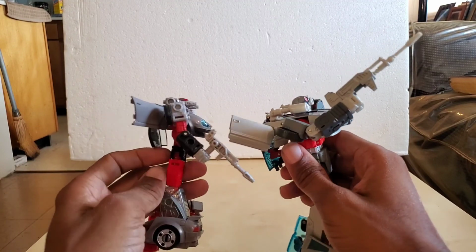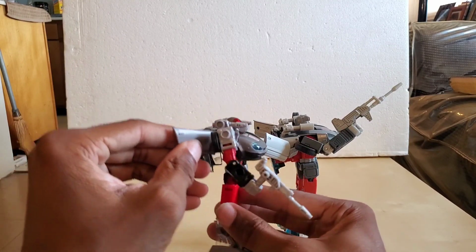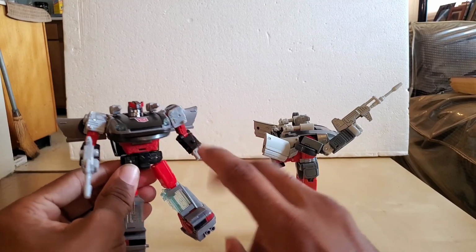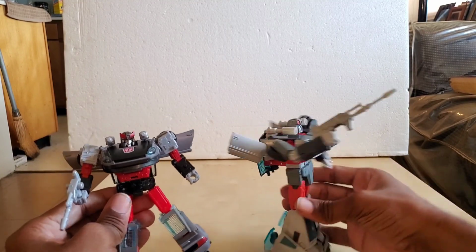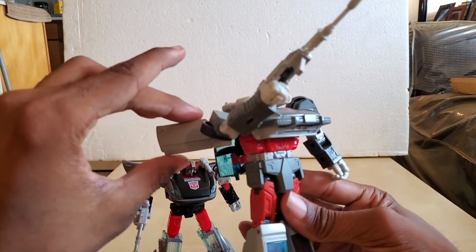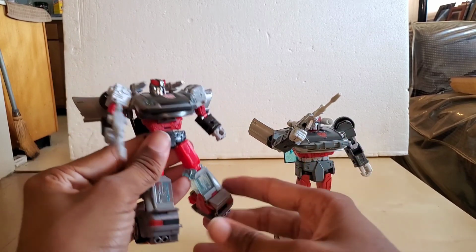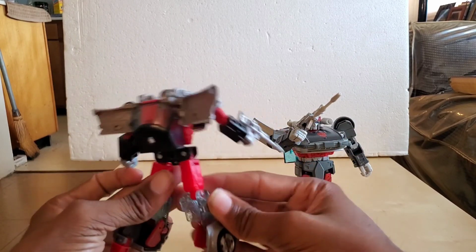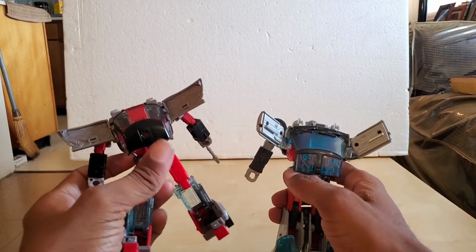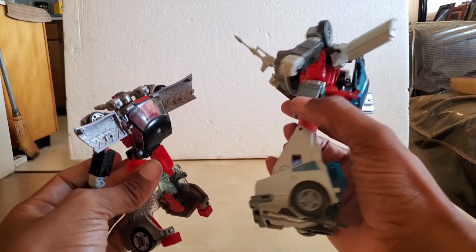The doors are the same. The only difference is we lose that articulation where we can bring the doors up like wings, like on this one. You're able to bring them up, or you can bring them down. So we don't have that. Waist articulation is the same. Everything is also the same. The backpack is different. We lose the sunroof here, which we'll get to in a second. So yeah,